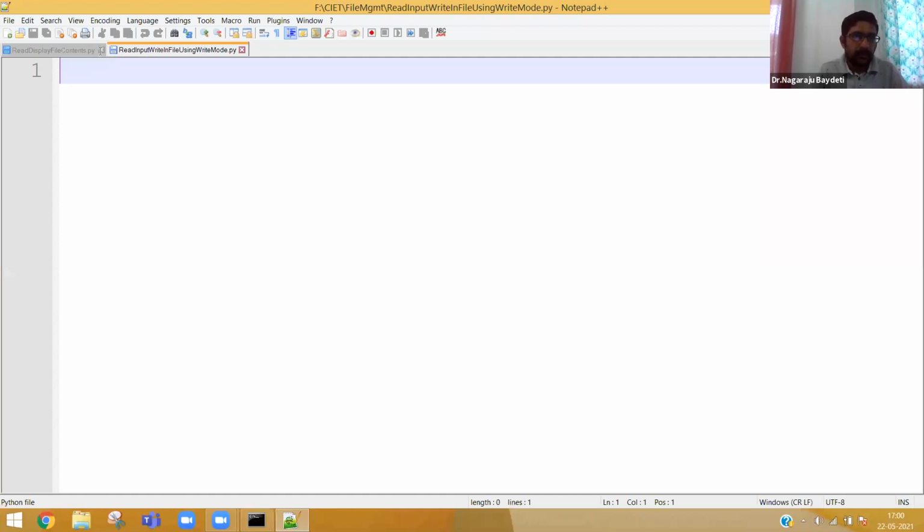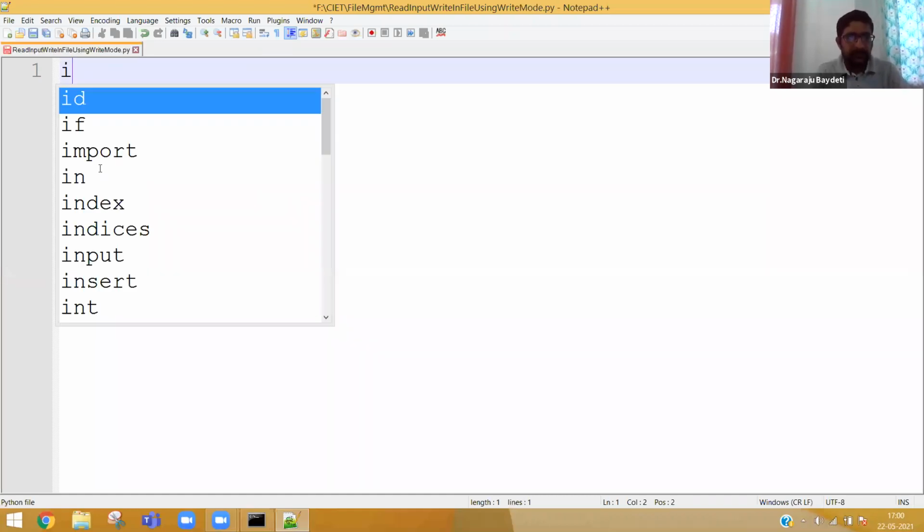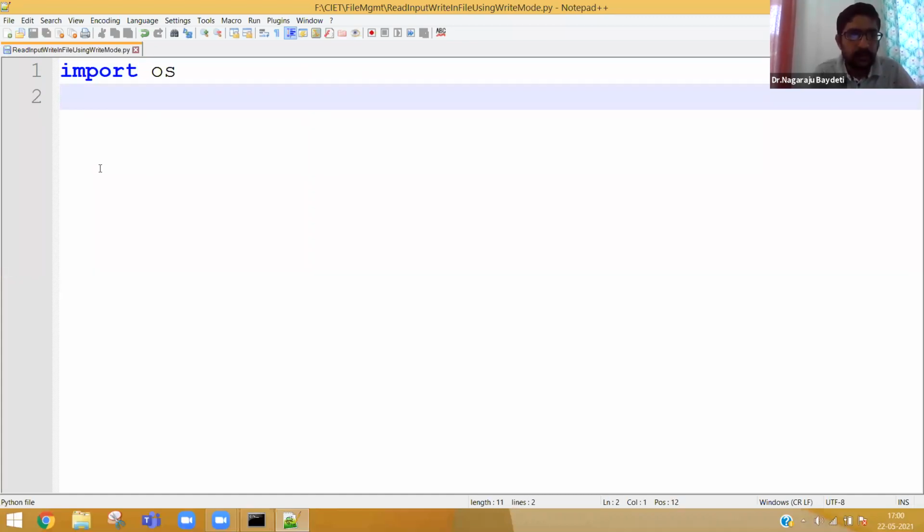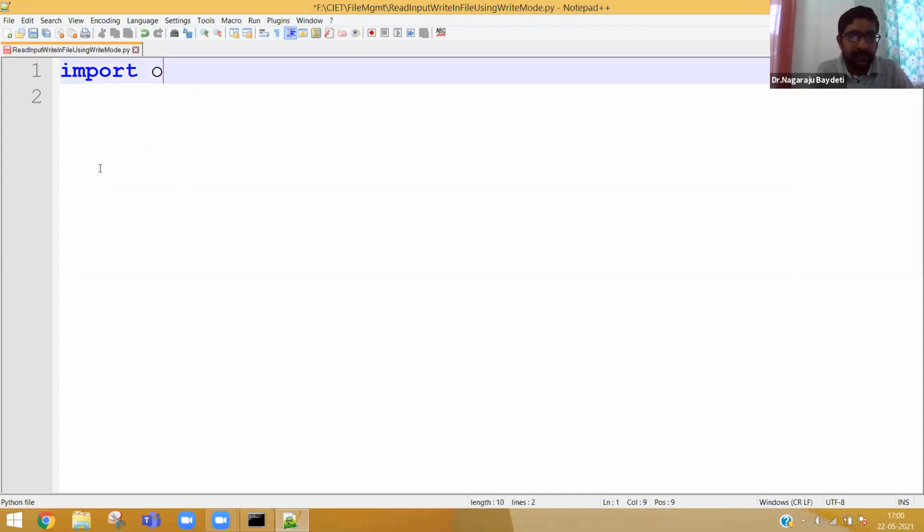Okay, so obviously you need to use the... okay, here searching a file is not required. There is no need to search a file, because opening a file in write mode, even if the file is not available, is going to create it.